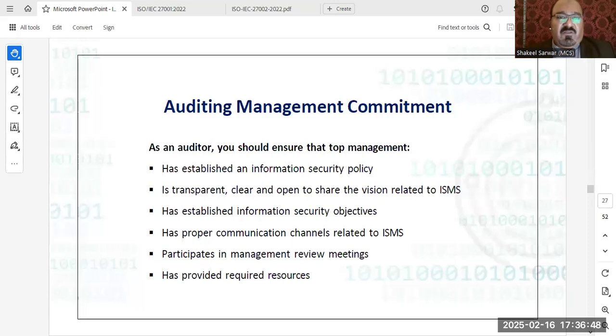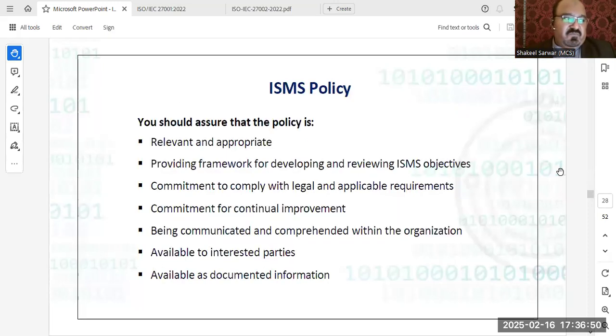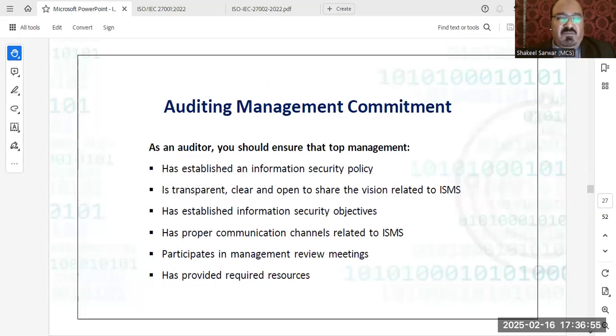Leadership is directing the organization to achieve its vision and goals, in order to ensure that the top management is committed towards the establishment and implementation of the information security management system and proper leadership roles have been established. An auditor can verify if